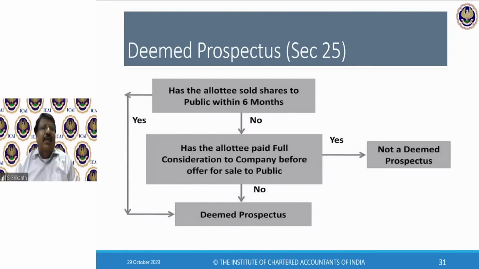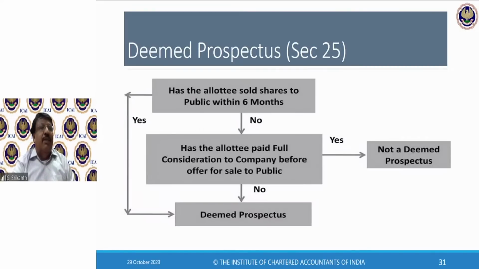See, so let us say that you are the Ministry of Corporate Affairs. You are the regional director. You have received a complaint, or you feel that an offer document has been sent by an allottee. Okay, you want to punish them under section 25. You are the ministry. You want to punish them under 25.